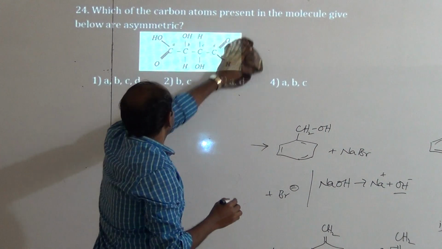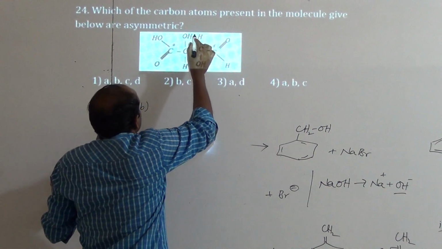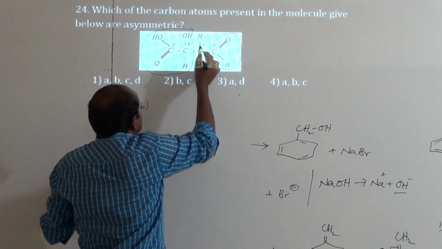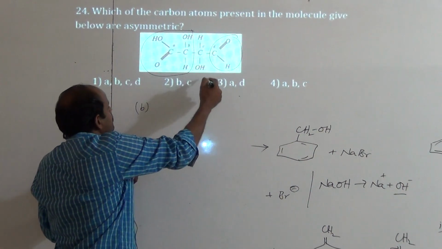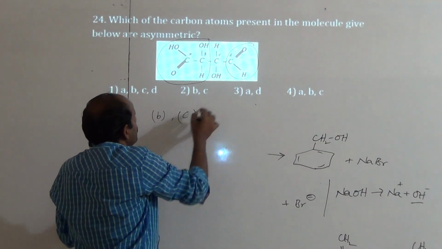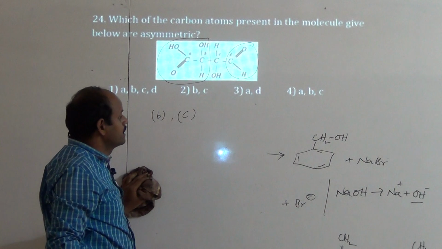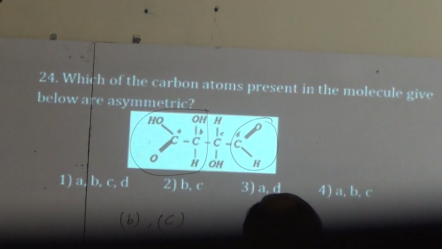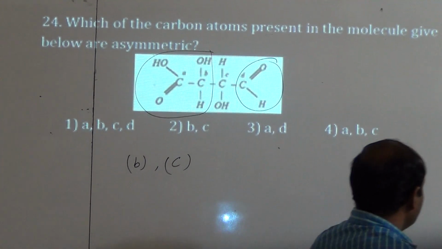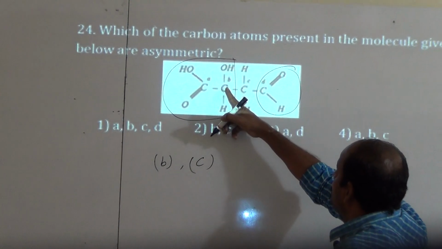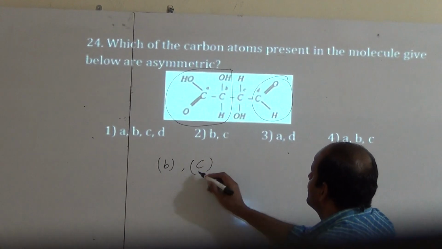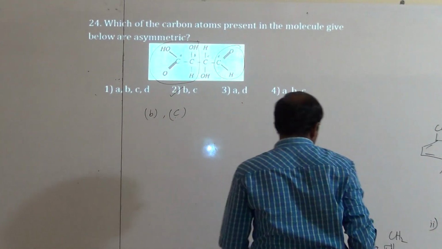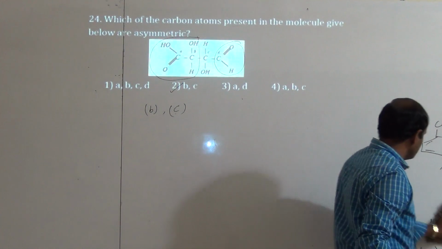Then take another carbon, that is this carbon. Then this is one group and it is another group. Then this side OH is there, this side hydrogen is there. So 4 are different now. Hence this carbon C is also an asymmetric carbon atom. Then this also has a double bond, we can't just use this. Here which carbon atoms are asymmetric? There are two carbons, carbon B and carbon C. Thus B and C are asymmetric carbon atoms. Thus which option is the correct one? This one, the second option is the correct one. Okay,